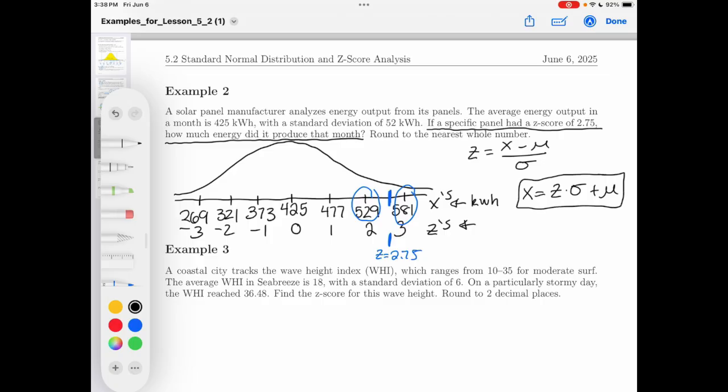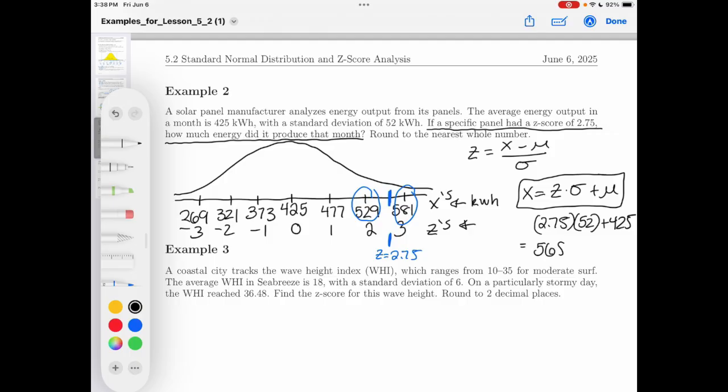I'm going to take my value of z, which is 2.75, and multiply it by my standard deviation, which is 52, and then add my mean, which is 425. When I do that, I'm going to get